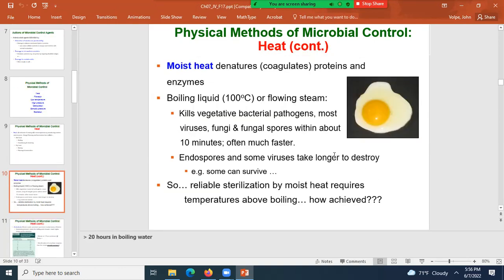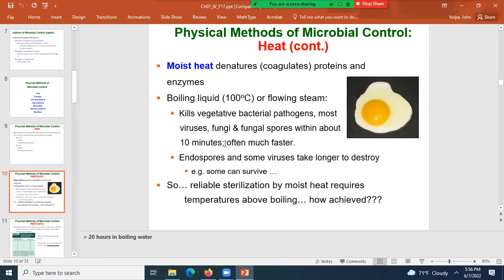And the reason is moist heat denatures and coagulates proteins and enzymes. You just need to boil something at 100 degrees Celsius, or put the cells in flowing steam, and that kills vegetative pathogens, most viruses, fungi, fungal spores, within about 10